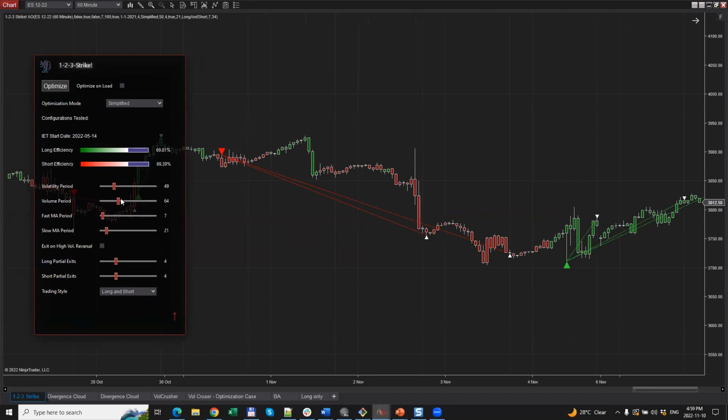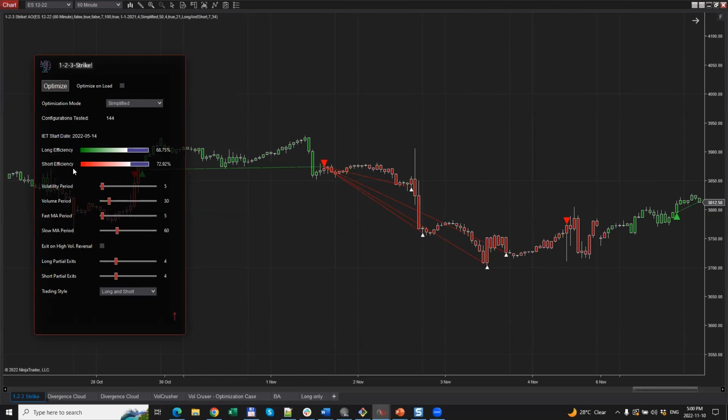So let me do this, and please have a look at the long and short efficiency statistics here. I'm going to click on it, and immediately, once I click on it, everything will change. So first of all, the appearance on the chart changed. We now have different entry signals for the long and short direction. The settings for our parameters have changed, so they moved around. The sliders are now at different positions, and also our statistics have updated.